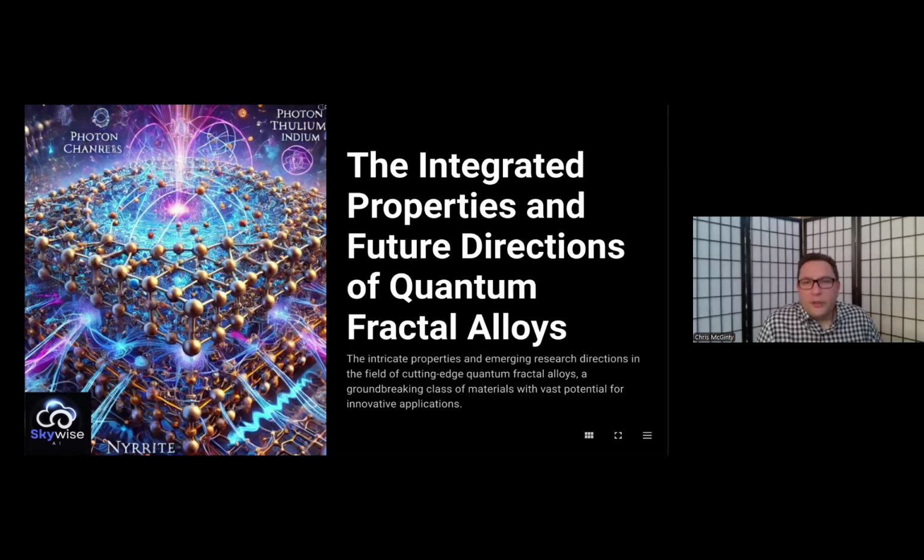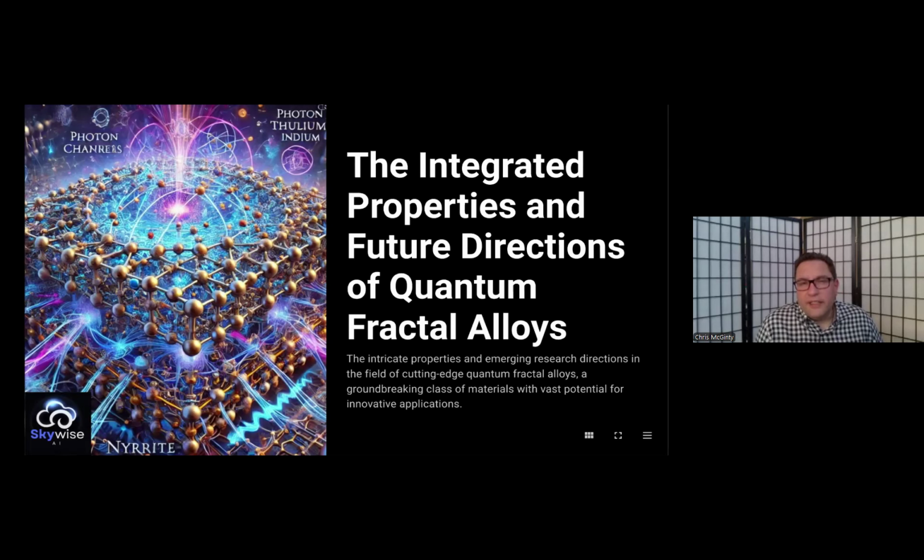It allows us to do things like measure the gravitational perturbations of the field, which then allow us to potentially do some things to molecular structures that can change some of their qualities. So I'm going to talk to you a little bit about that. We have a new class of alloys that have quantum fractal properties, meaning these alloys have properties where the materials interact in such a way that produce natural quantum phenomenon. And we would not know about this if it weren't for AI kind of lighting the path for us.